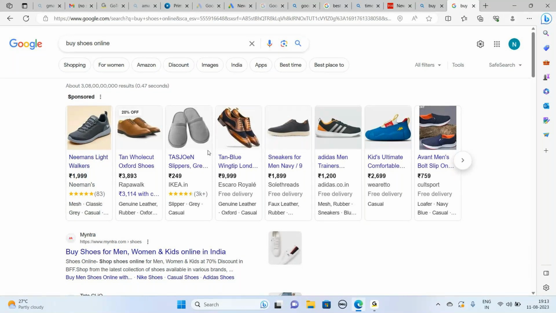Then one more type of ad. We all know that when we run a video on YouTube, we see ads before the video starts, which we call a video ad. Do you know how many seconds are given before skipping the ad? What is the time duration given by YouTube to skip the ad?